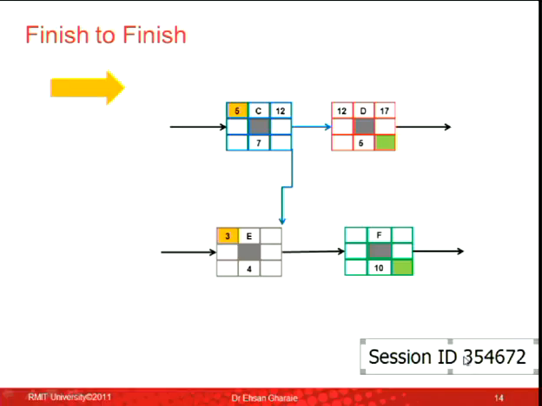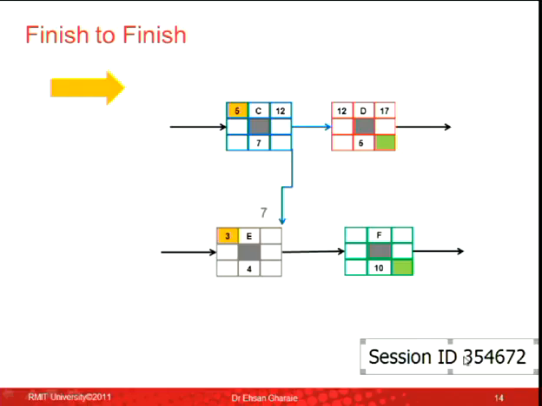So now I'm going forward. I'm calculating the early finish of activity E. There are two ways to get there. I can go 3 plus 4, 7. Or I can take that 12 and follow this arrow and put it there. You see what I'm doing? If I get the network right, when I'm doing forward pass, I just follow the arrows. And when I go backward, I follow the arrows backward. And I'm very, very strict with it.